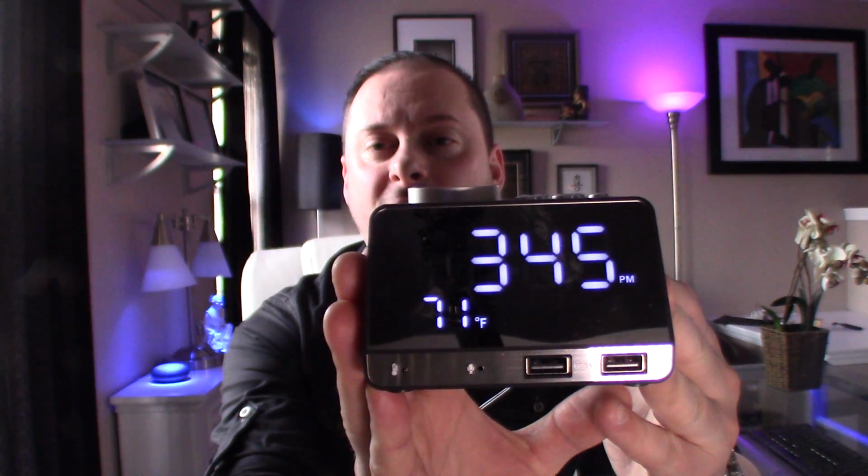So again, that's the Lemfo alarm clock, USB charger alarm clock with temperature sensor. I think it's a pretty, like I said, pretty cool product. I'm trying to look on the website here, on Amazon, to see if there are any other features. It says here,